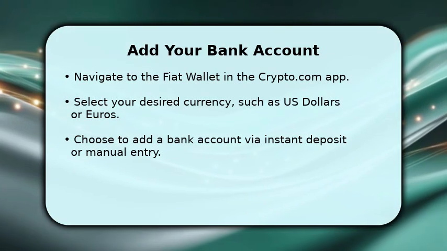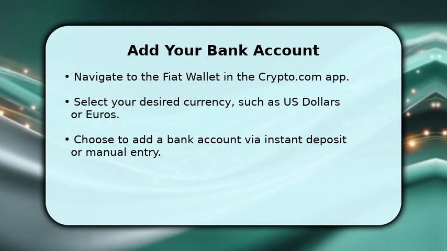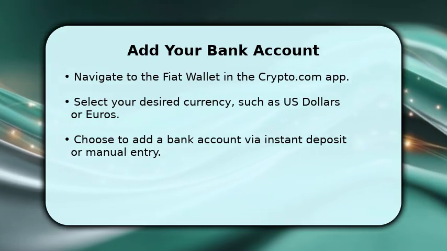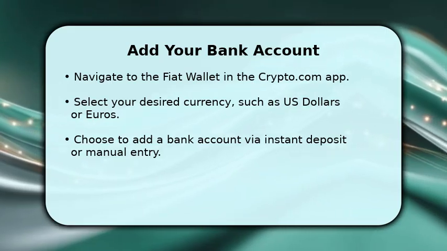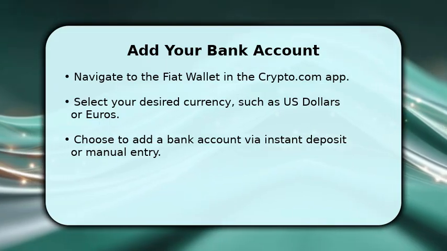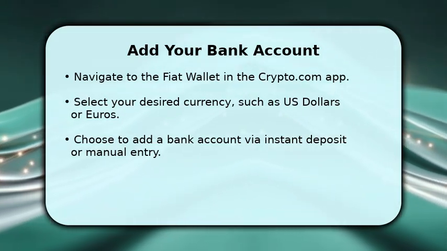To begin, open your Crypto.com app and head to the Account section, then select Fiat Wallet. Here, you will choose your preferred currency, like US dollars or British pounds. You'll then have the option to link your bank account. Many users find the instant deposit method, often powered by services like Plaid, to be the quickest way to connect